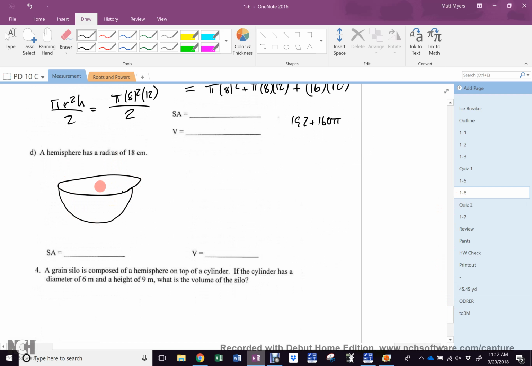Hemisphere, first question, is it solid or not? Do you know? Yeah, I didn't specifically say. So some of you might have done 4 pi r squared because the inside and the outside are the same, aren't they? Hopefully you recognized I obviously meant a solid hemisphere and you did 3 pi r squared for the surface area. Why is it 3? Because it's 4 pi r squared for the outside divided by 2, but then I got a new circle. So that is 3 pi 18 squared, which is 3 pi times 324, which is 972 pi,